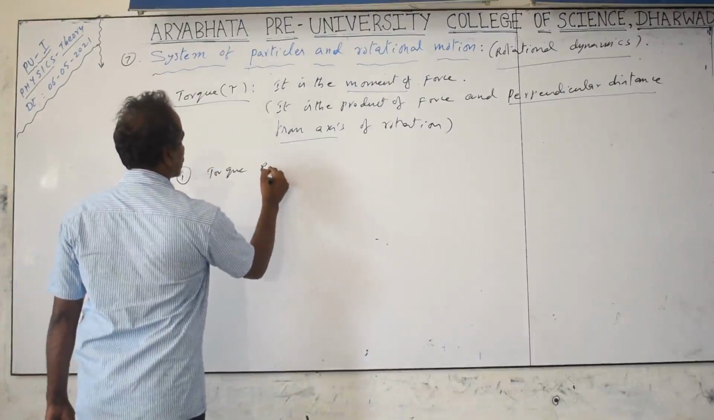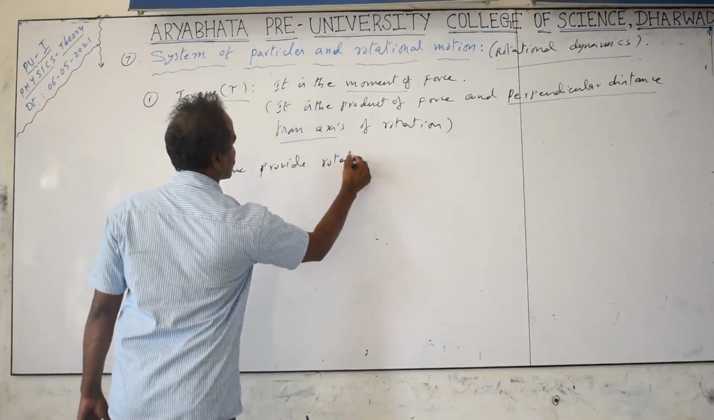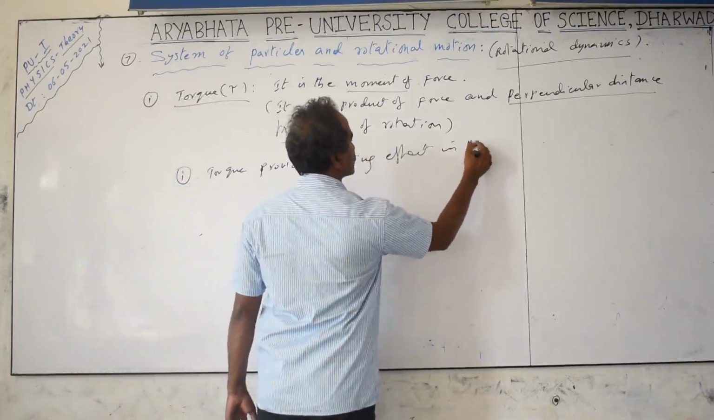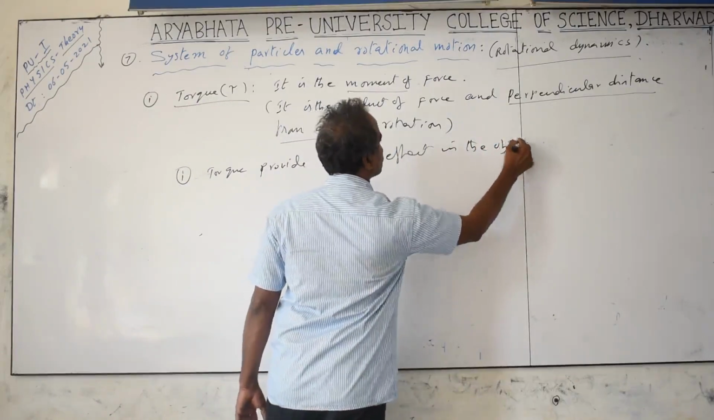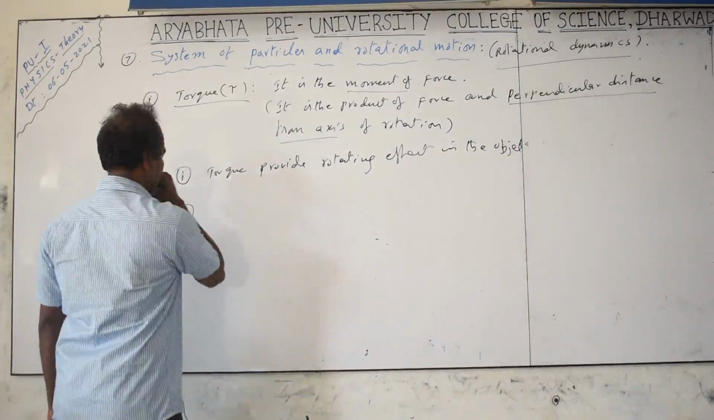Torque provides a rotational effect, or rotating effect, in the objects or rigid bodies we are going to discuss. Rigid means hard bodies. In vector form,